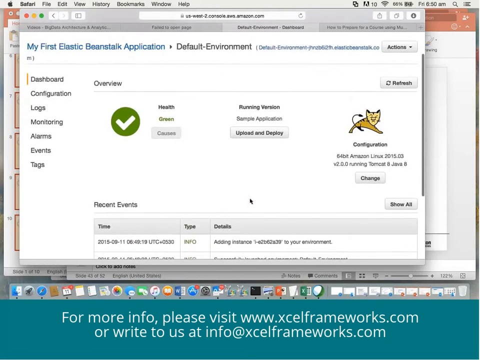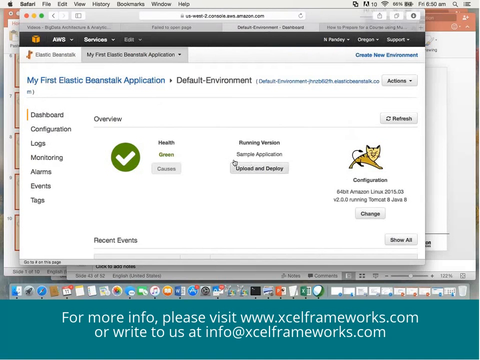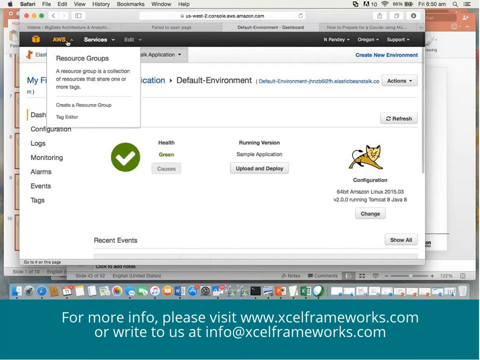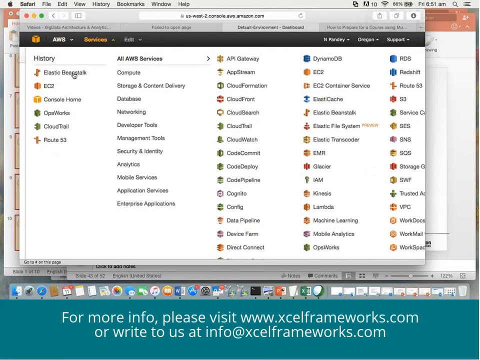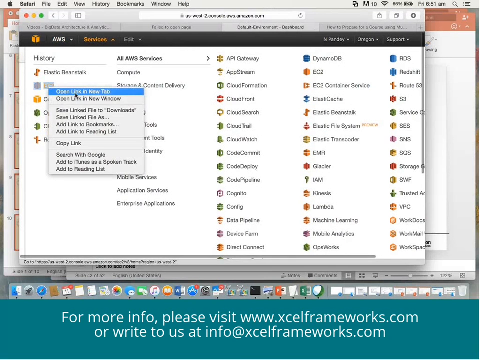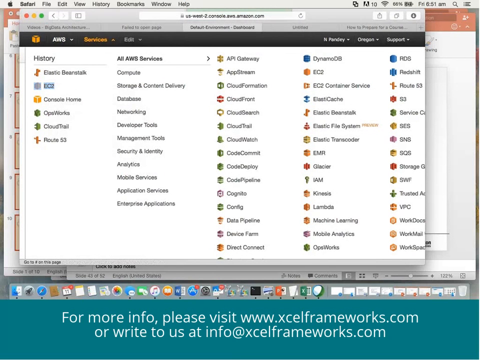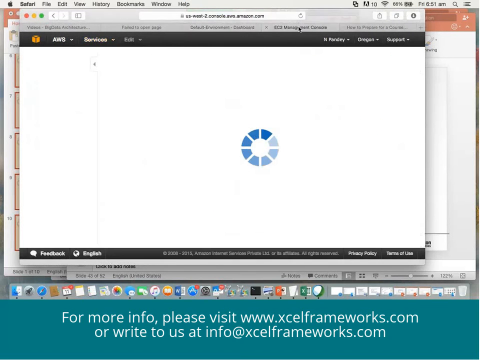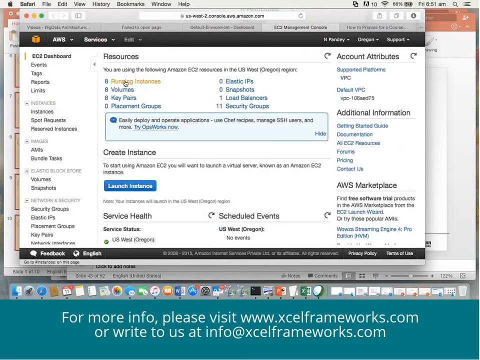Right? I'll first check what is there in instances. What is the state of instances now? I'll open this in a new tab. And let's see what it has done. It has created one instance.